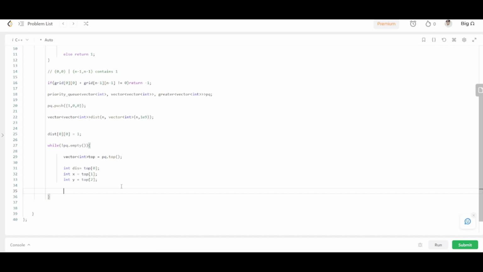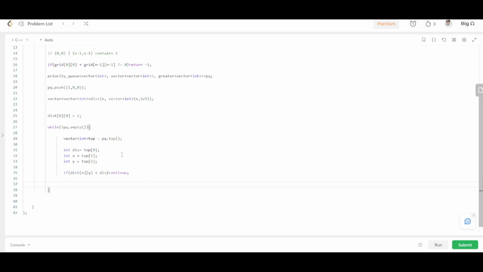Then after that, check if the distance that we already have for this cell x y is better than the distance that is associated with this tuple. In that case, just continue right from here. We don't have to update it. Otherwise,